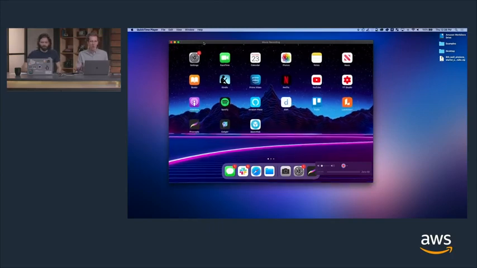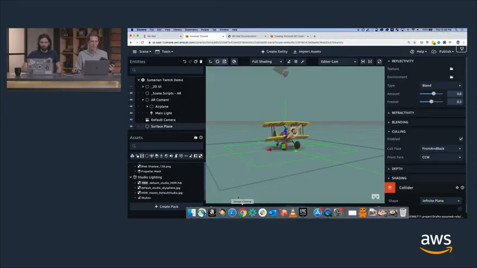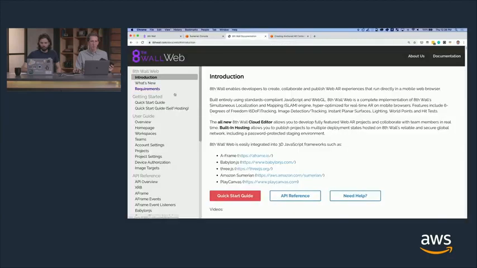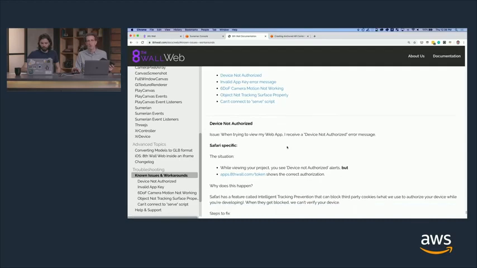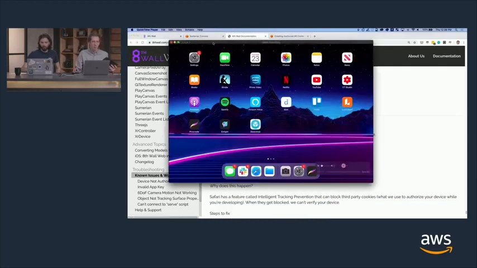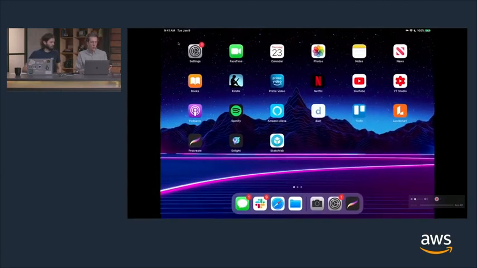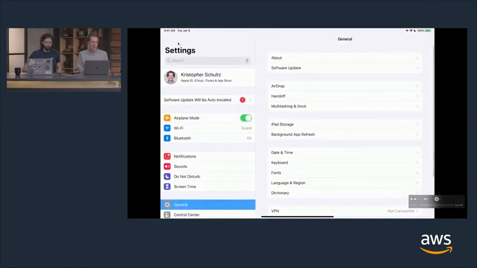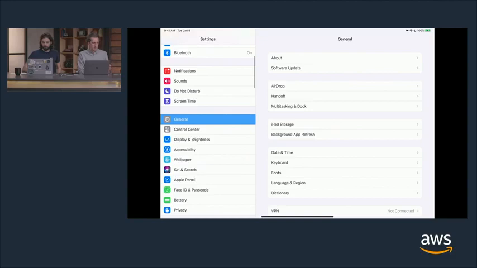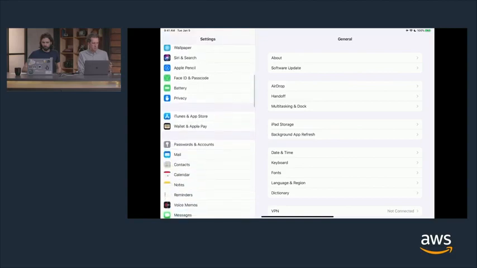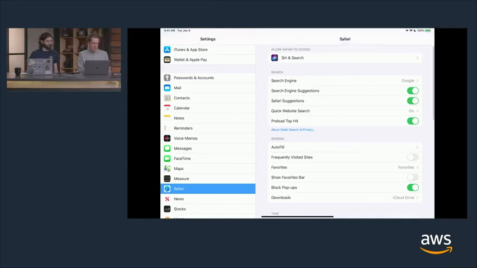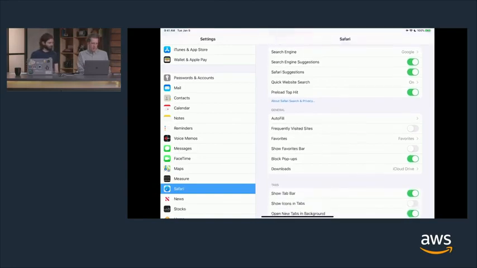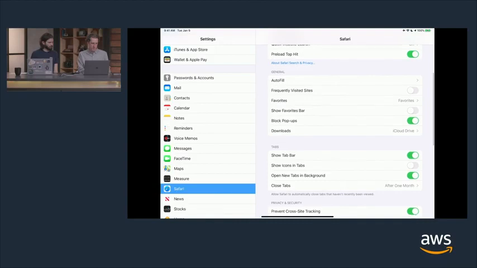So, there are instructions on the Eighth Wall website in their documentation in the known issues and workarounds section that will walk you through what I'm about to walk you through. But we'll just take a look here. So what you would need to do in iOS is go to your Safari preferences, and you need to go to the section that is, if I can find it here,